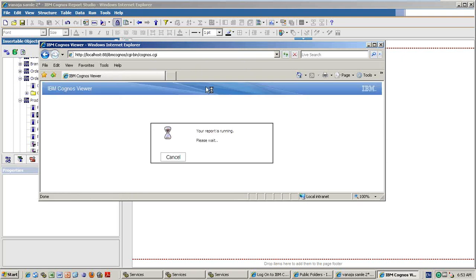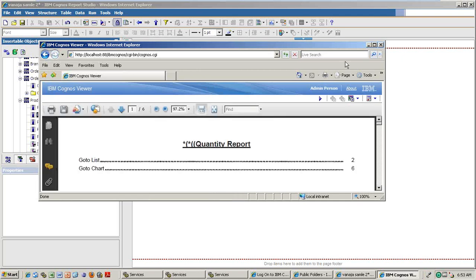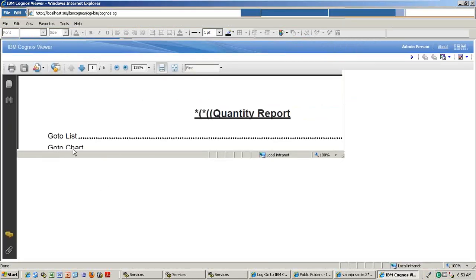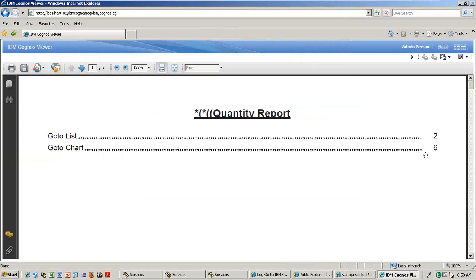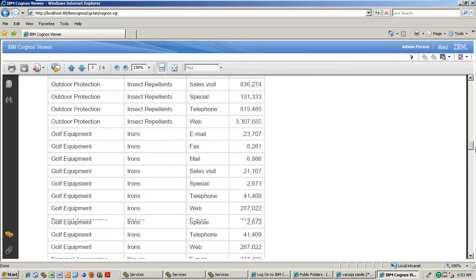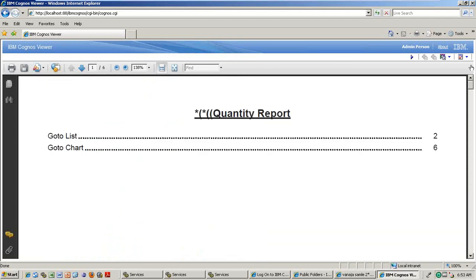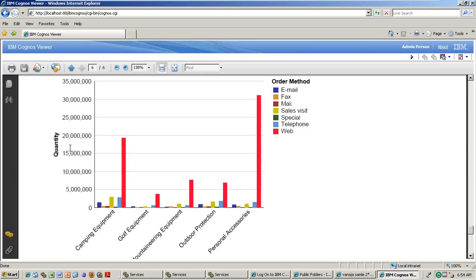I want to show that one. Now list is coming in the second page and the chart is coming in the third page only. So there is no issues. But I'm trying to make the list come in 3 or 4 pages. Then we will see it. See, automatically chart went to 6th page. And list is starting from 2. That means 2 to 6 pages are list only. See, go to list. See, these are all. Okay, if I go to chart it will automatically take you to the 6th page.